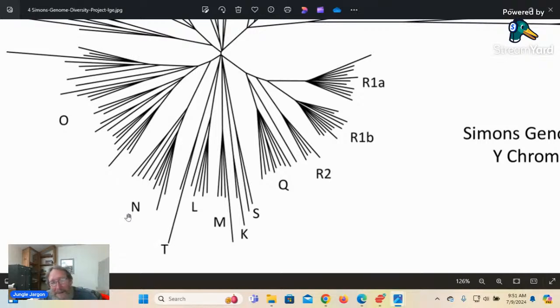This N lineage went up into Siberia and basically separated from this O, which went to East Asia, which is the East Asians, which includes China, Korea, and places. So now we have a problem. We have a missing letter here, but that's not really a problem because what puzzled me was that there was a Q and the R. We'll just still leave them as that for the time being,